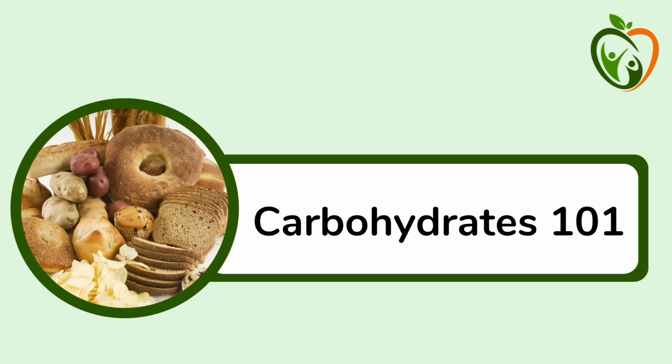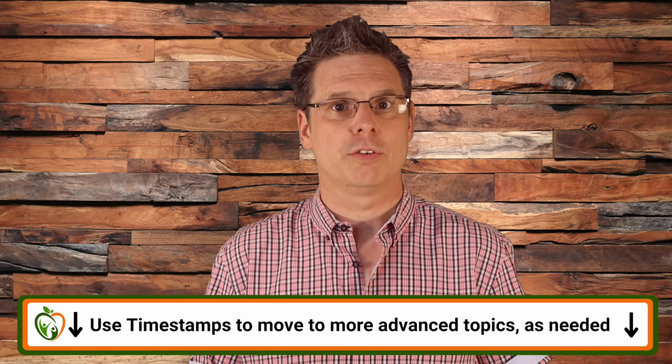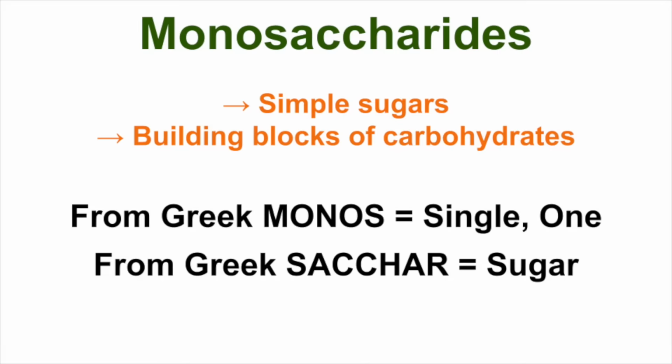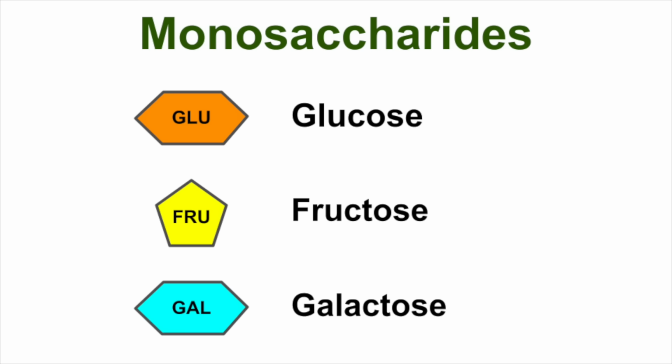We're starting with the very basics, carbohydrates. I don't want to bore you with the chemical structures or formulas, so let's just say that the basic building blocks of carbohydrates are simple sugars, sometimes also called monosaccharides. The term saccharide simply means sugar, and mono means one. So the word monosaccharide describes carbs with one sugar molecule. The most important monosaccharides are glucose, fructose, and galactose. Glucose and fructose can be found in our food in fruit, honey, or high fructose corn syrup, and we tend to like them because they taste sweet to us.